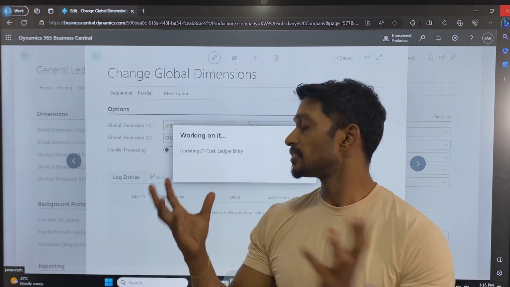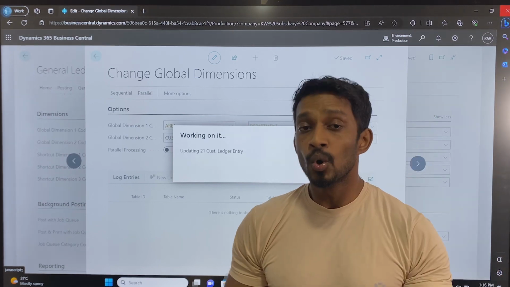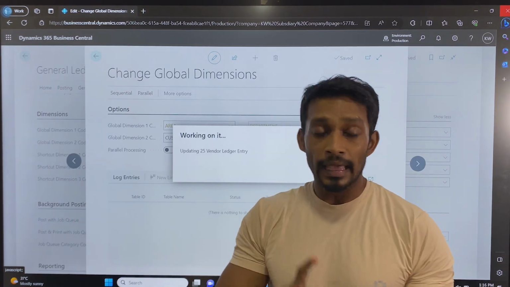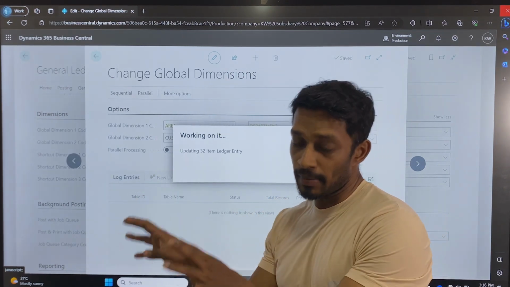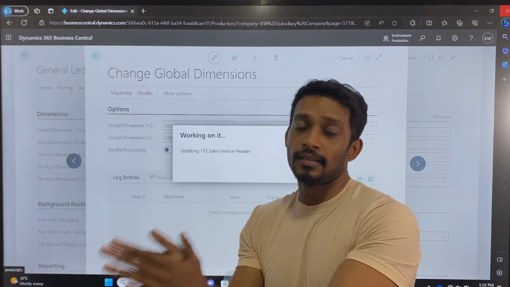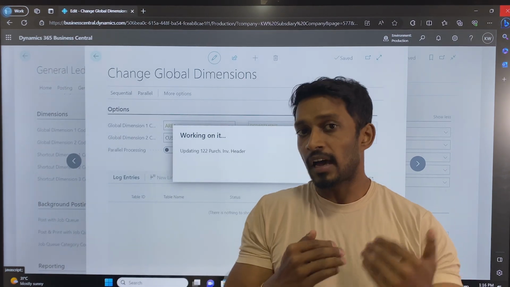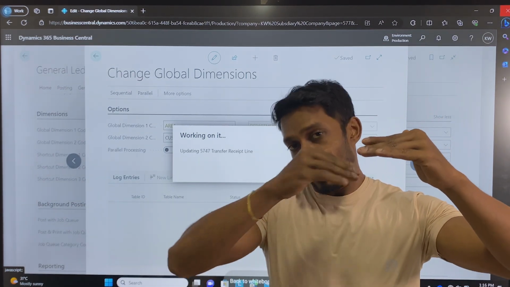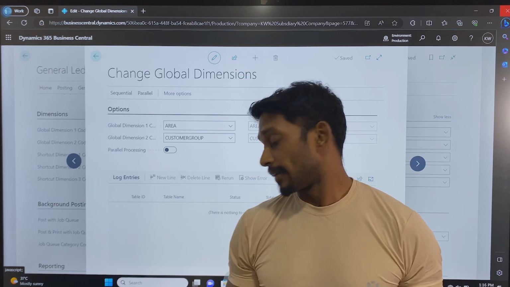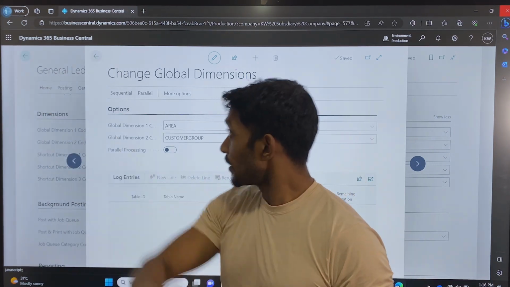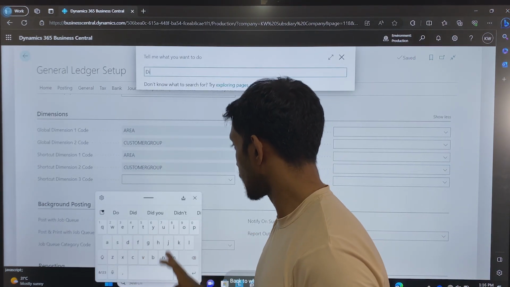Other than changing this global dimension, let me tell you how we have to set up dimensions. In the system we have a table called Dimensions. In the Dimensions table we have to give your dimension. It can be either area, department, customer group, whatever. Sometimes it can be employee, and against that department or whatever dimension, you can maintain values, which means under the department you can maintain dimension values like finance department, marketing department, likewise. Let me show it to you. So if we go to the dimension table,